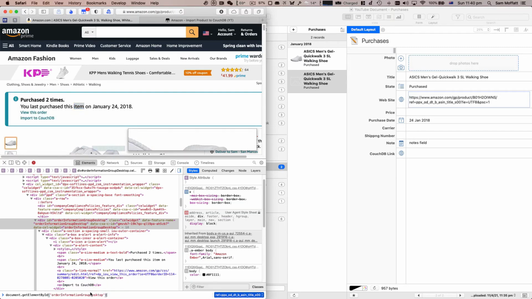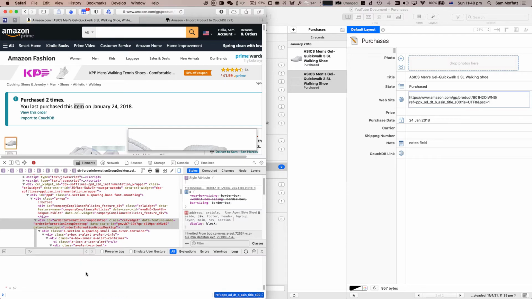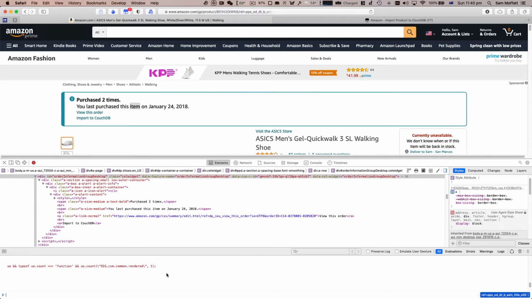And what we're going to do is have a look at its text content actually. And let's have a look at what that looks like. Widen please. So we've got some scripting stuff, view this order, import to CouchDB, you last purchased this, purchased 2 times, and some script again. Okay,